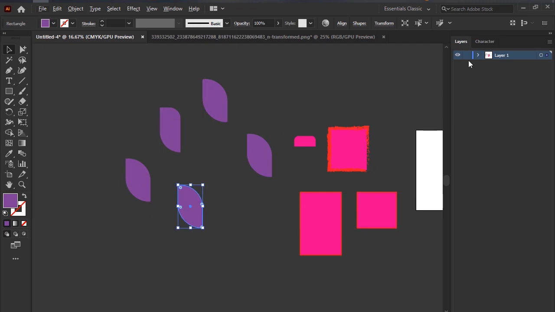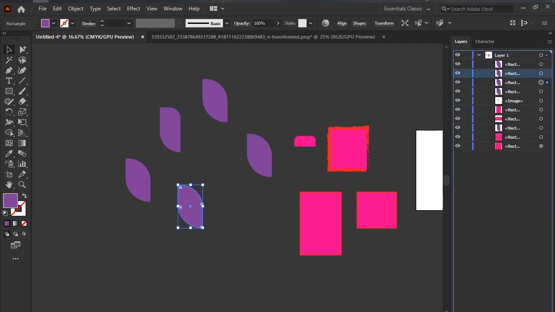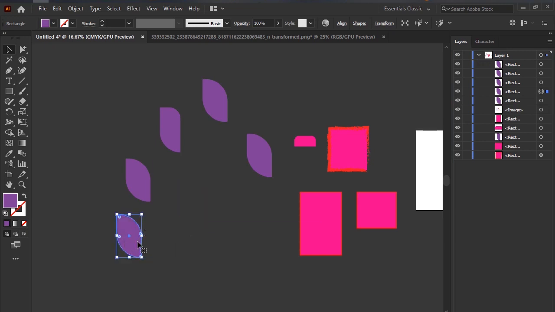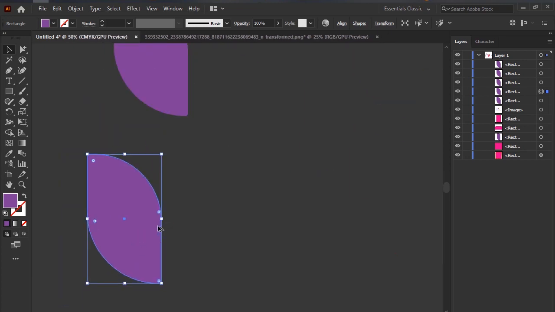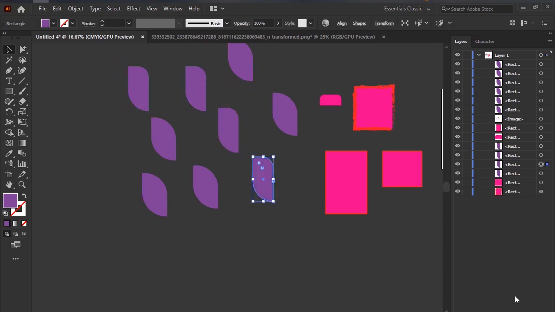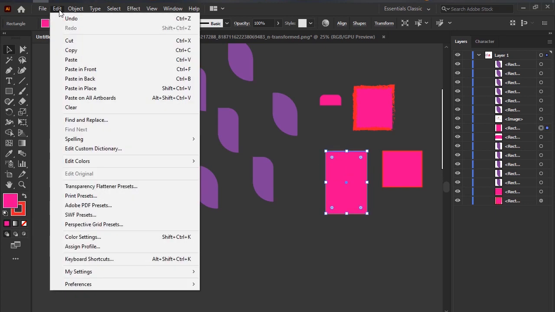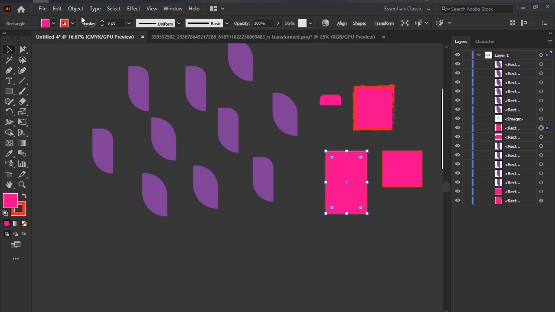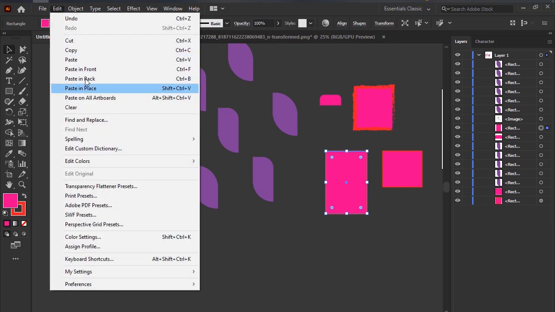If you want to make a duplicate, you can drag and drop here, it will make a duplicate. But the other way is, if you press Alt, look at this, I'm now pressing Alt, you will see that my cursor looks like a double arrow. Then if you press Alt and drag and drop it here, it will make another copy. It's a shortcut way. And another way to make a copy: click your shape, then Edit, Copy,